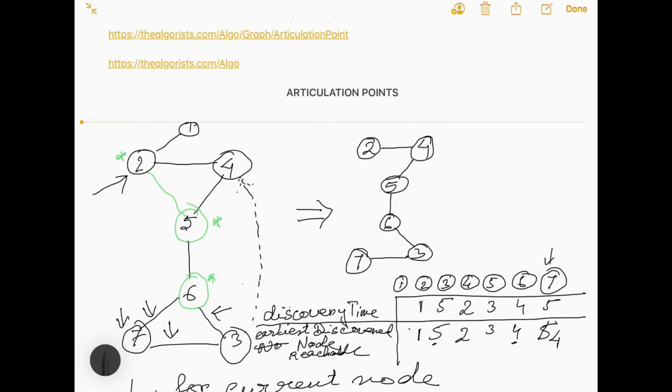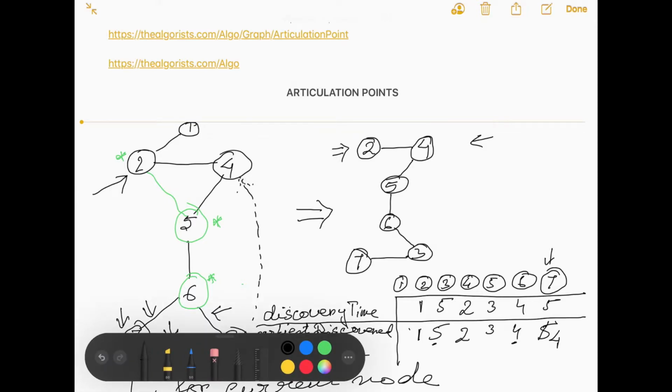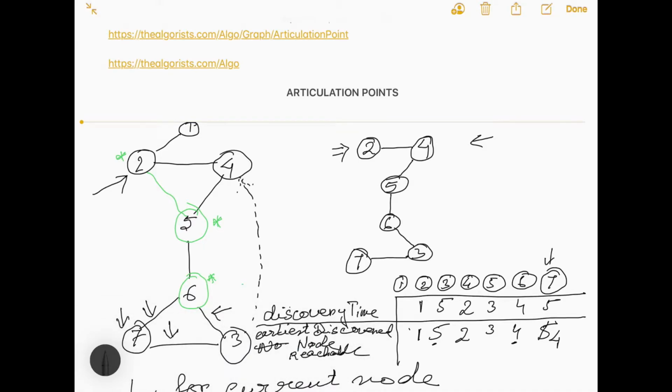So in this spanning tree, we started discovering nodes from 2, and then we went on discovering 4, 5, 6, 3, and 7. And for 7 we are saying what is the earliest discovered node we can reach from 7, and we can use only one back edge, and the reason for that we have already discussed, because if we have more